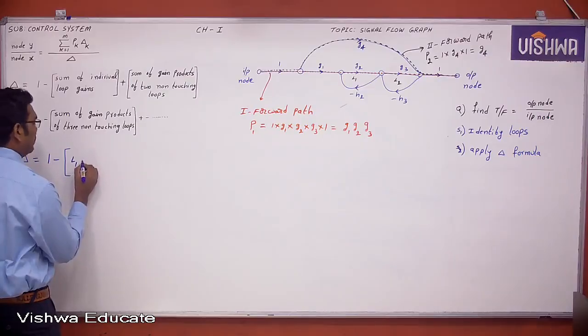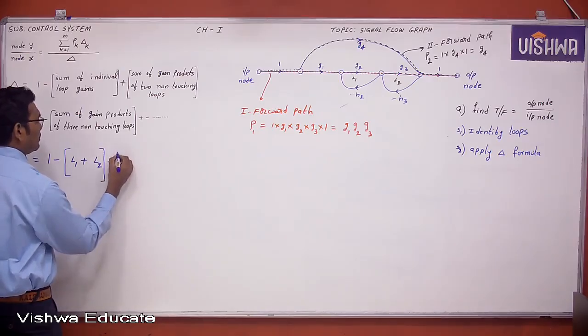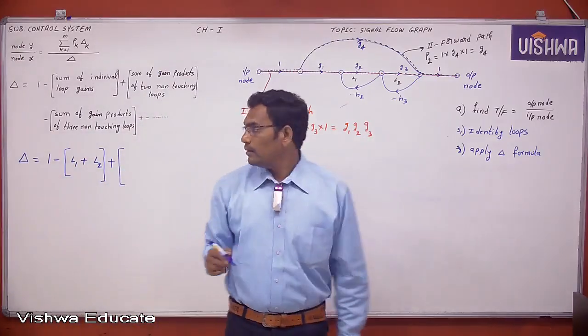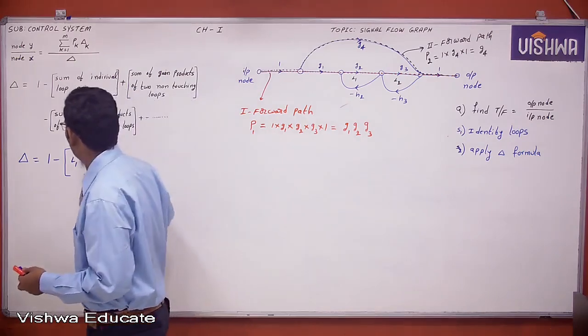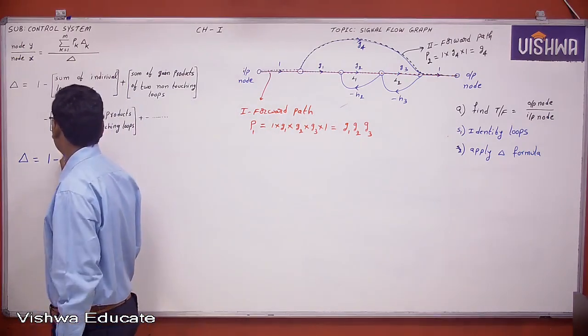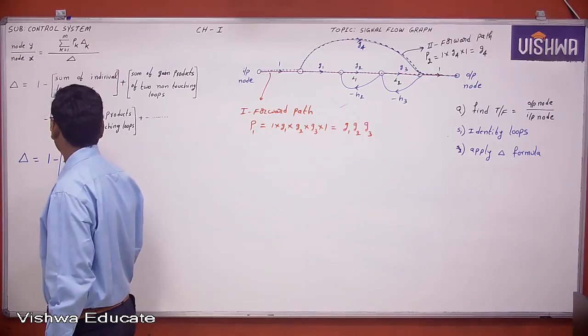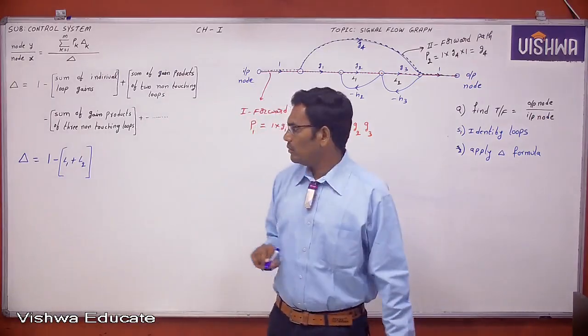So 1 minus (L1 plus L2), the sum of individual loops. Is there any other individual loops? No. Next,